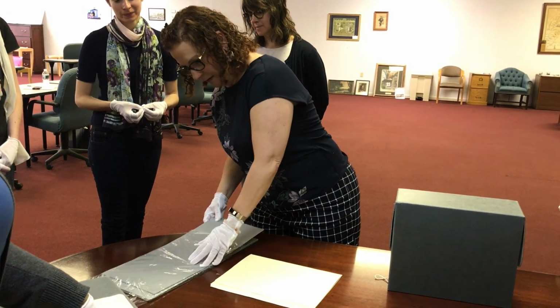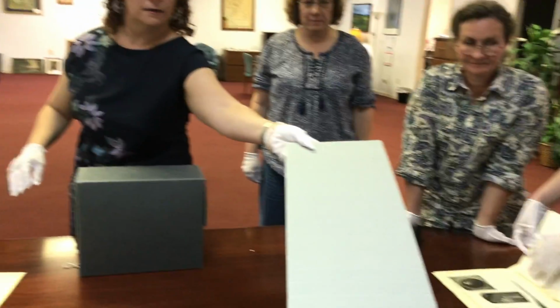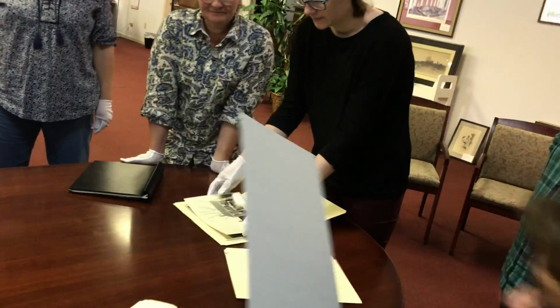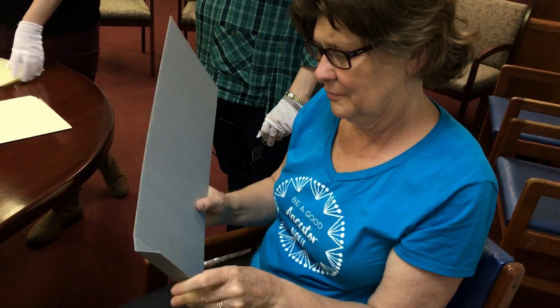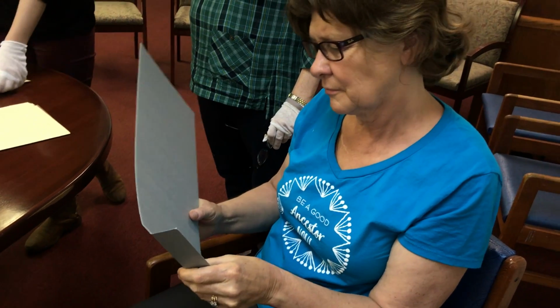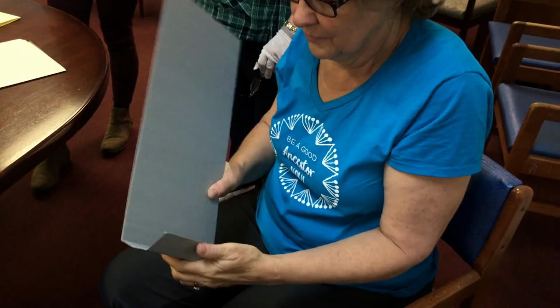Let's see, here. Why don't you put my spacer together for me? Give me about an inch. So these, you'll see they're folded at the ends. They have different folds, right? And so we can decide